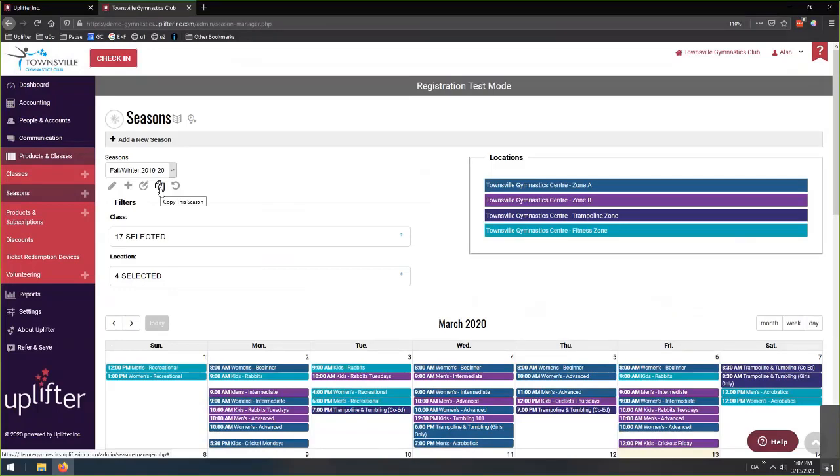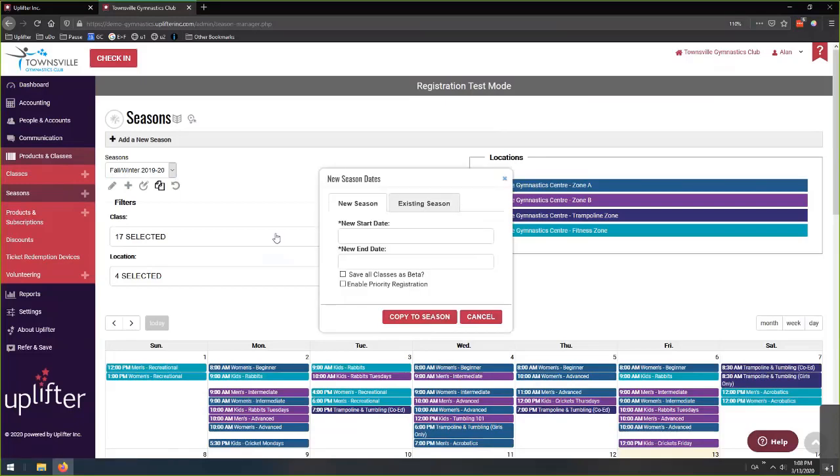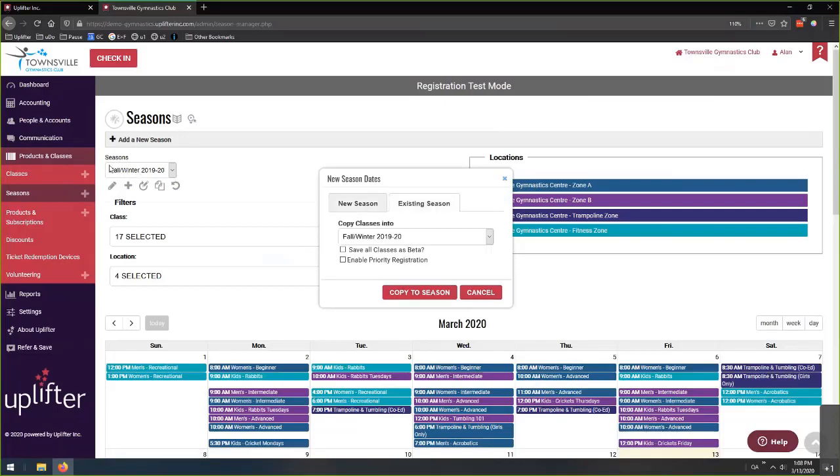So in this instance, we're going to copy our fall winter season and we're going to generate a summer season. We're going to start a brand new summer season. So I've selected the season that I want to copy from this dropdown, and I select this copy option here. Now this brings up a pop-up that gives me two distinct options. Number one is I can choose to create a brand new season, or I can copy this season that I've chosen into an existing season that already exists in my system. So if I wanted to, I could duplicate all the programs in fall winter,